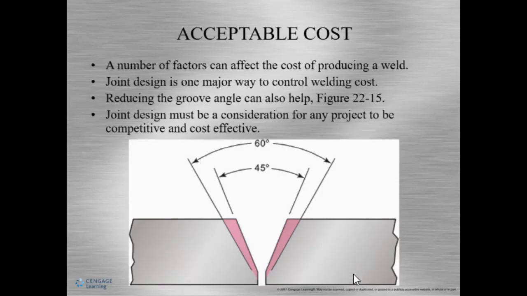All right, here we go. Acceptability of cost. Well, we know that different joint designs come with different costs associated with them. Well, what affects the cost? Well, we have to remember that using certain processes can allow for a reduction of groove angle, which means in terms of cost and time, a smaller angle can allow for less passes and the joint can be completed faster. But we also don't have to grind as much, which saves us time